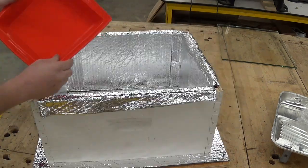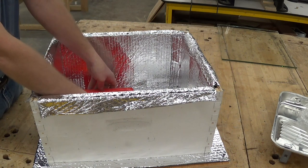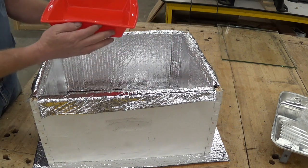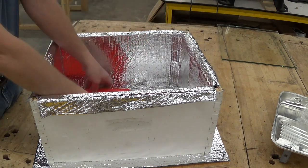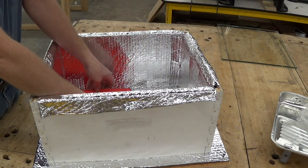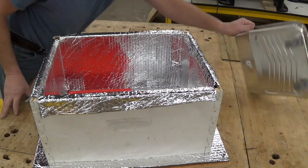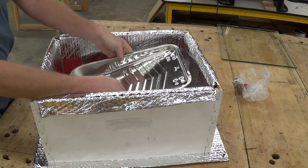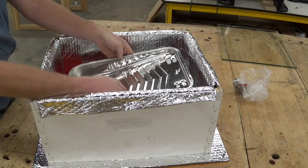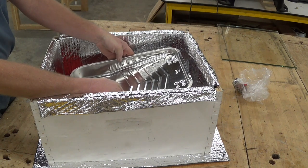Okay, I'm going to put this pan in so we can get a height of it. If I do build a little standoff stand, it will be the same depth. This is a 2-inch depth here, and so we'll set that in there just to get an idea of where it's going to end up. So I'm going to want my paint pan to hang in here and stay at kind of where I would like it to be. So what I'm going to do is